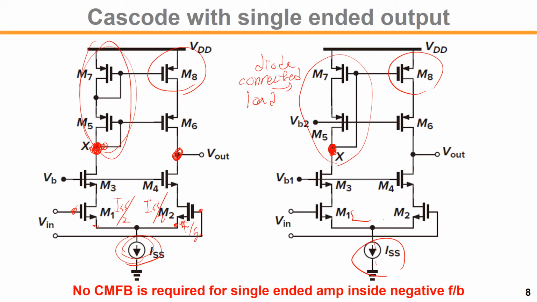But for the output level here, since this current level going up and down will have some kind of uncertainty, right? It has a very large output swing level. So this output level may go up and down to near VDD or ground. Is that going to be a problem? Actually, not, because this kind of amplifier is always used in a negative feedback structure, right? So used in negative